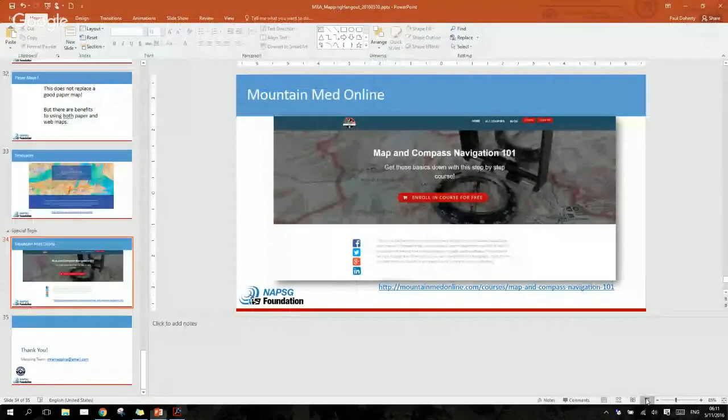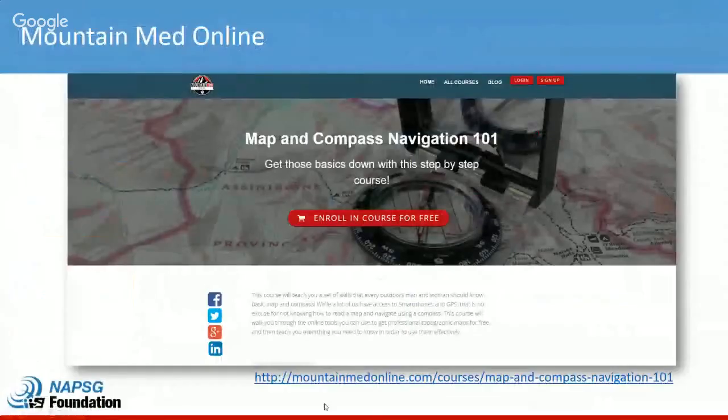Excellent. So like Paul said, one of the projects I'm currently working on is MountainMed Online. It's essentially an online education platform for various wilderness skills, hopefully with the goal of preventing incidents in the backcountry and maybe lightening the SAR load. One of the courses we have that Paul's got up on the slide there is Map and Compass Navigation